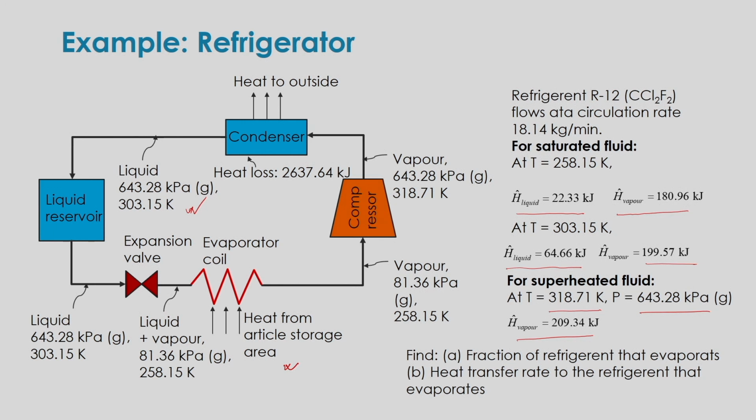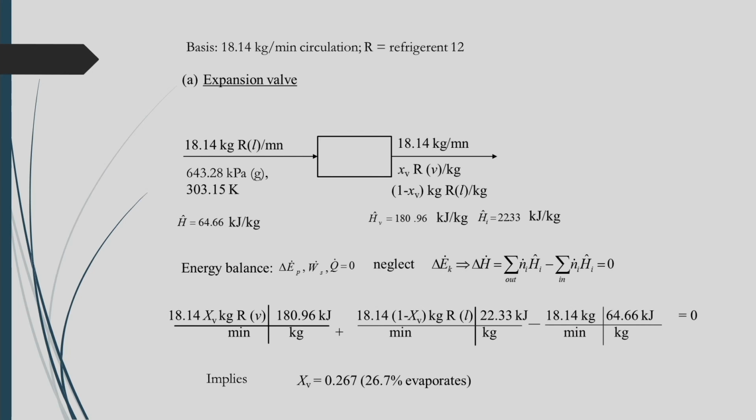Now, in this case let us solve this problem. First, the basis here is the circulation rate of refrigerant. In this case it is R 12 as the refrigerant. So, the circulation rate is 18.14 kg per minute, and if we first consider that expansion valve, we can say that